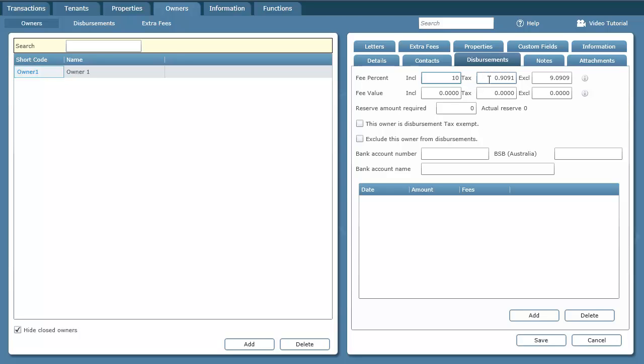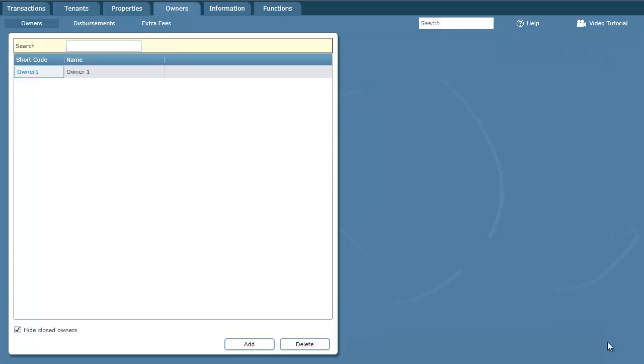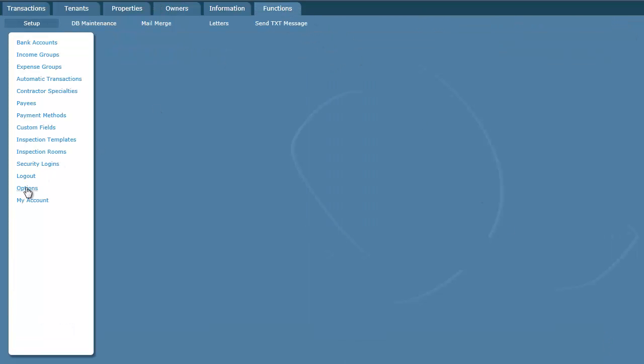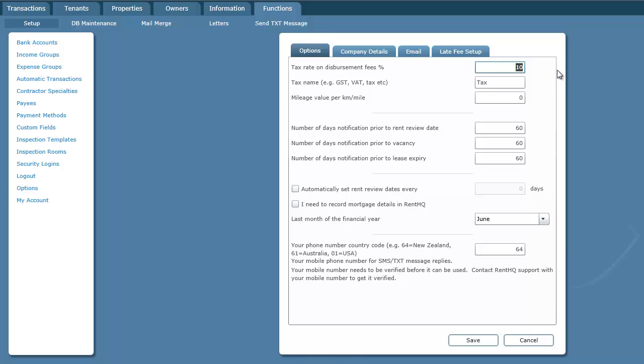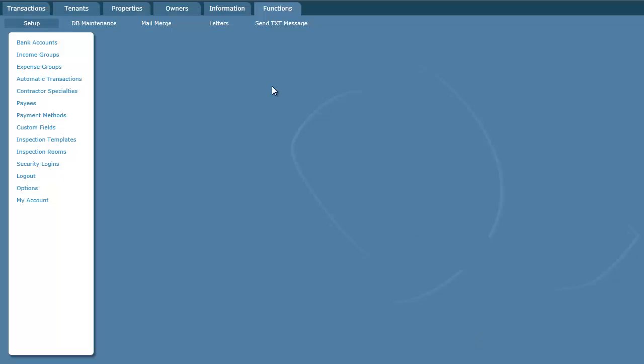Now tax is something we should have a look at first, so if I just cancel out of this, we go to Functions, Options, and up here we have the tax rate to be charged on the management fee itself. So this is a GST or VAT type tax that we're talking about here on the management fee. So I'm going to set this up as 15%, and I'm going to change the tax name to be GST, because 15% GST is what currently applies in New Zealand at the time of creating this. So I go back to my owner again,